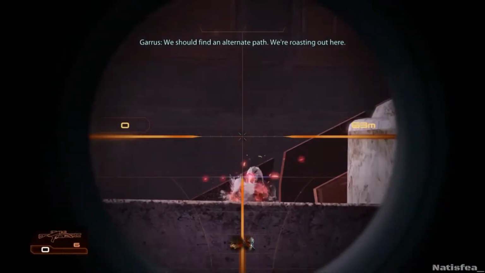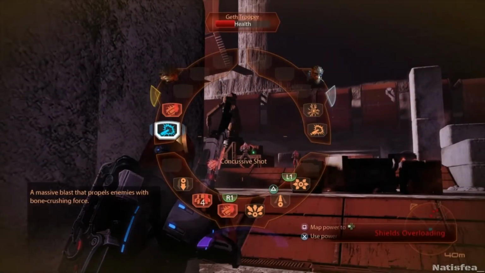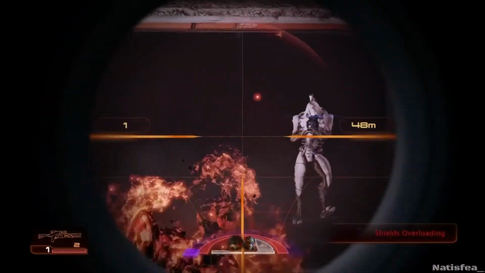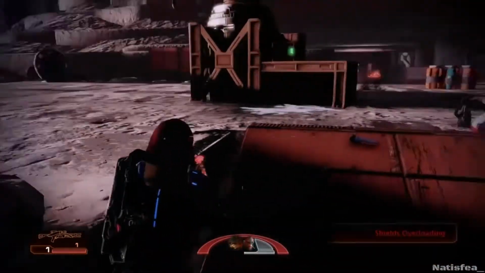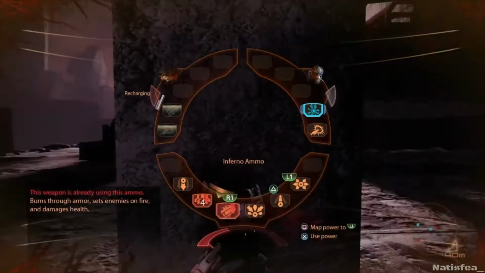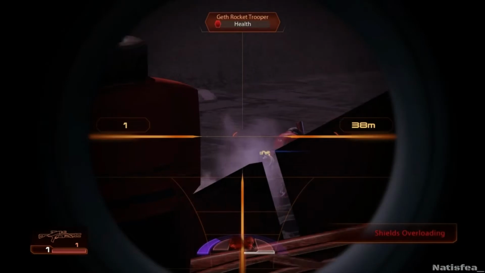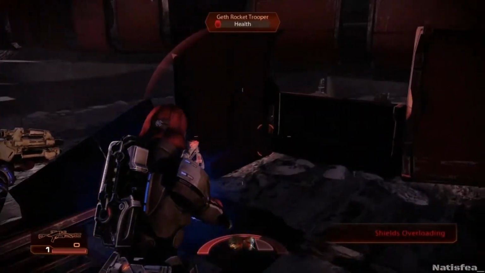We should find an alternate path. We're rotating out here. On the ground now! They're through my shields! Replay. Can't target them! Can't get a...